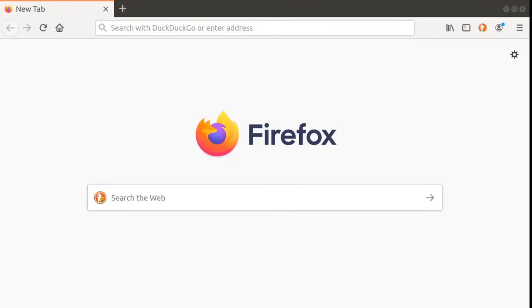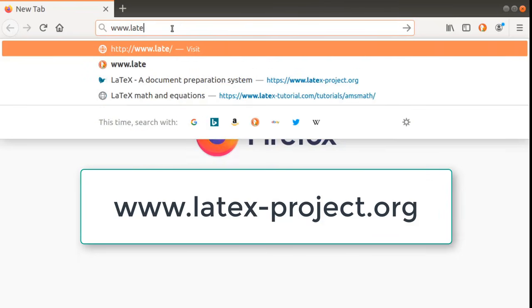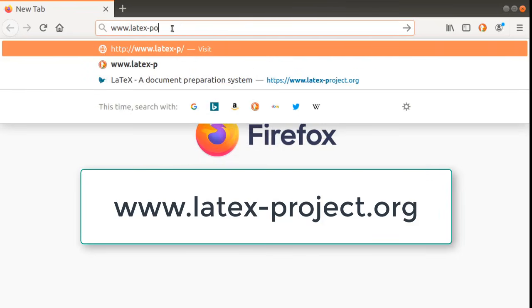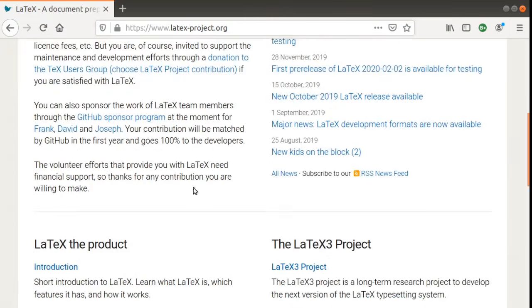When it comes to typesetting documents, I would recommend the LaTeX environment, and here we have a website which helps you know more about the so-called LaTeX project. So look at this website, get to know about the LaTeX environment.